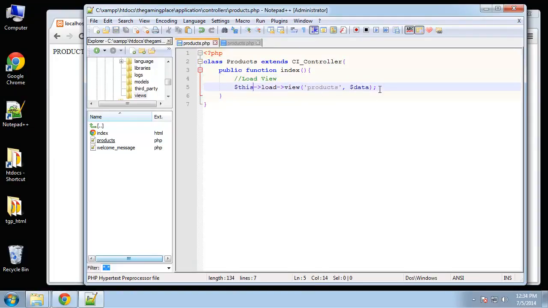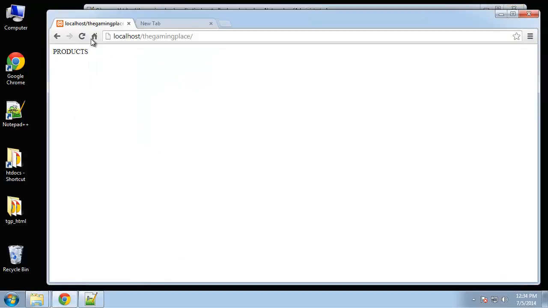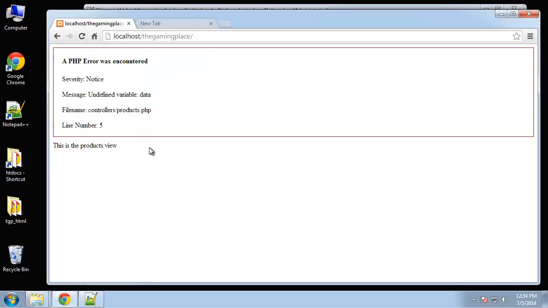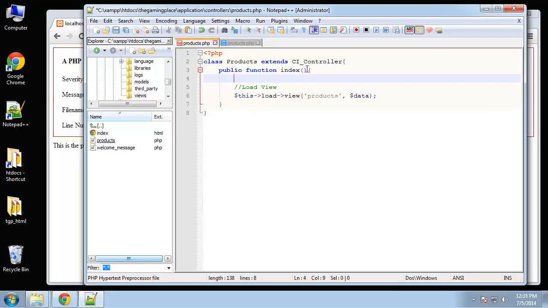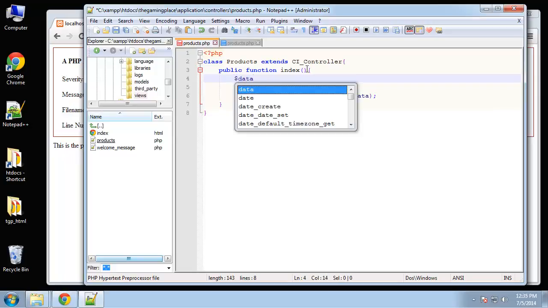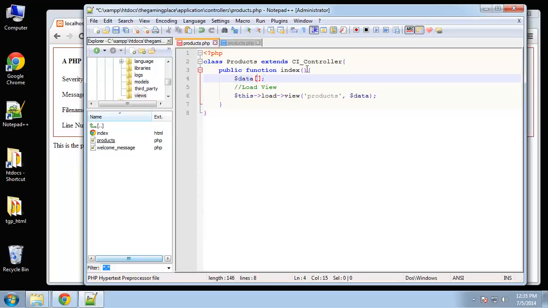Alright, and we're loading it here, so let's save that and then reload. What's going on is it's showing our template, but we just have an undefined variable data. That's because we haven't created anything yet inside of the data array. But it's easy, we could just do this. We could say data, let's just say data name is equal to